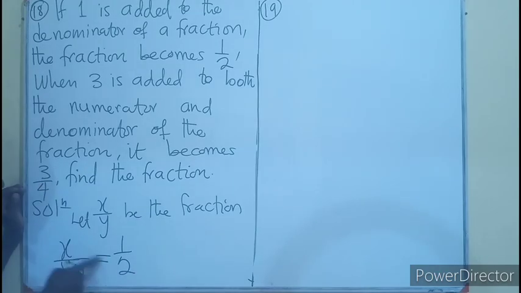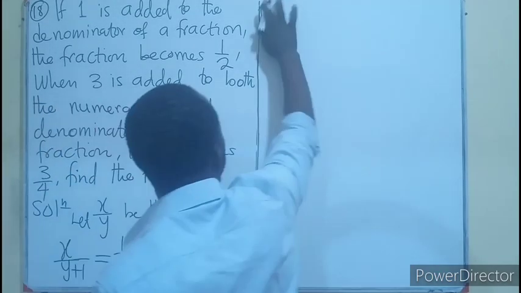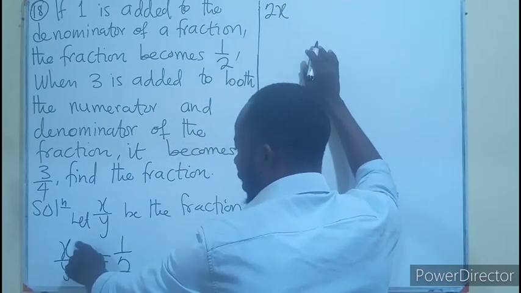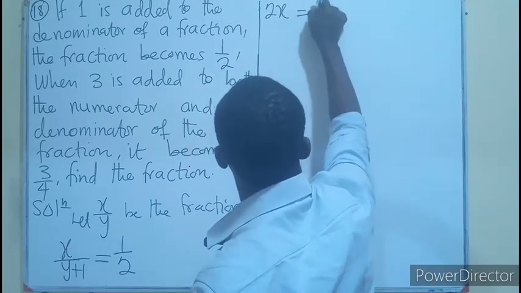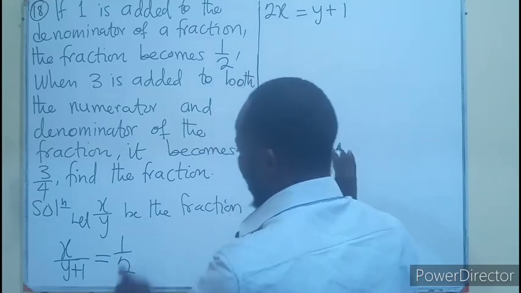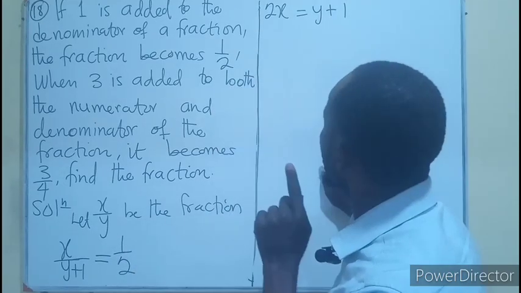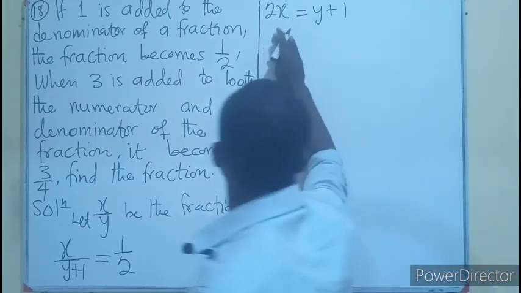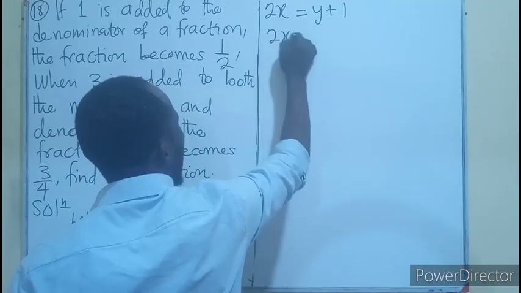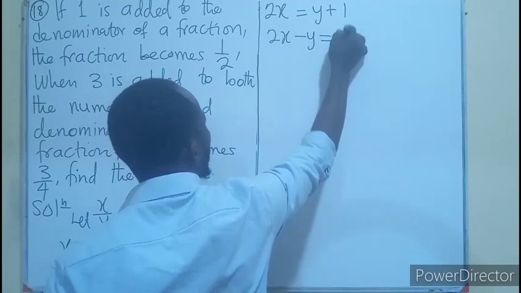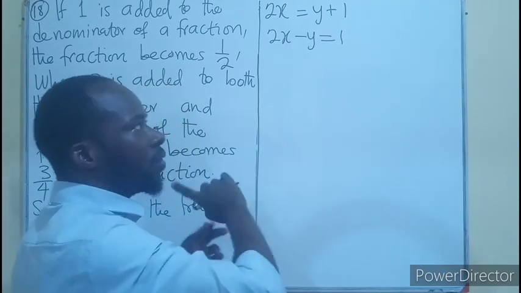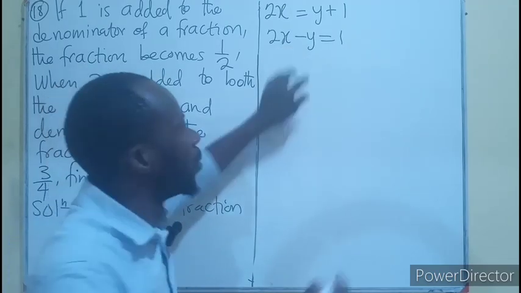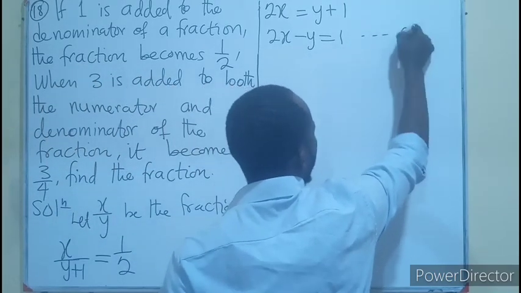Cross multiplication gives us 2x, x is from here, equals y plus 1 times 1, which is still y plus 1. Let's group the unknowns to one side. That gives us 2x minus y equals 1. Subtracting y from both sides produces this equation in terms of two variables. So that can be labeled as